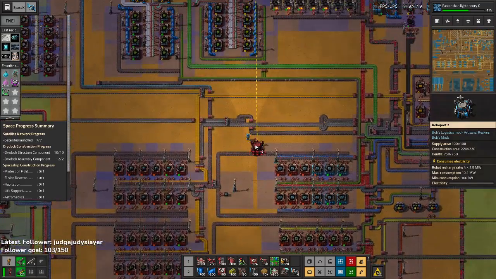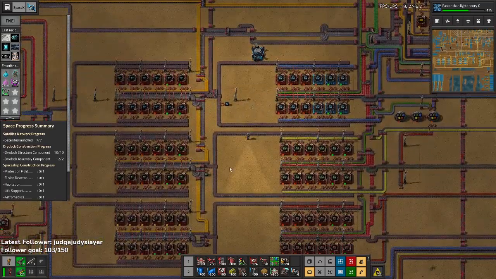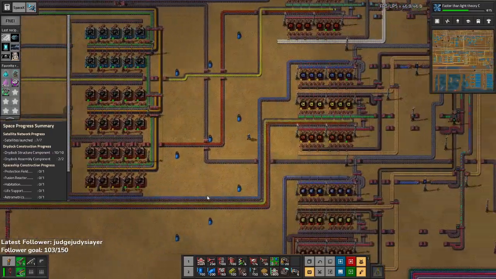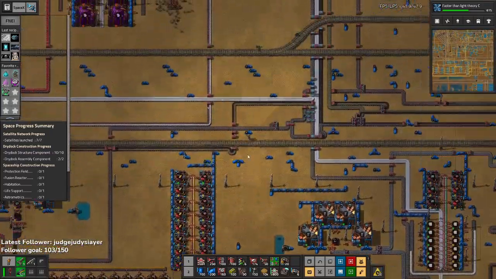So it's not quite connected, so let's just connect it there and there. So it can get its productivity modules and it'll get done. Awesome. Other things we need to take care of is